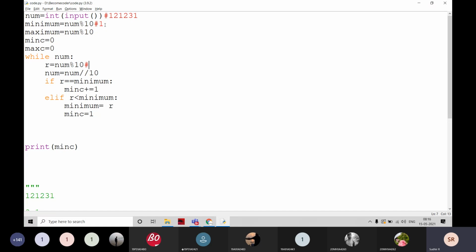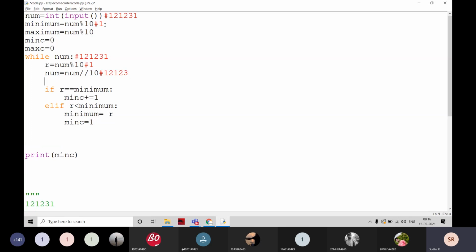Coming here, this is the number, and I am going to get 1 here. My main focus is to check the minimum value. What is the r value here? The r value is equal to 1 and the minimum value is also 1.